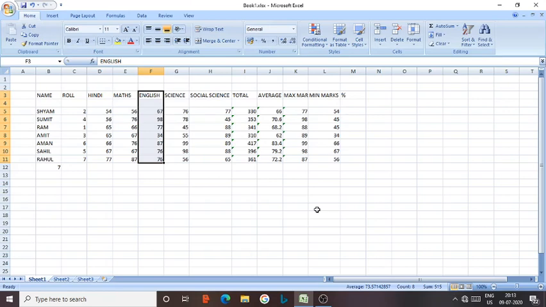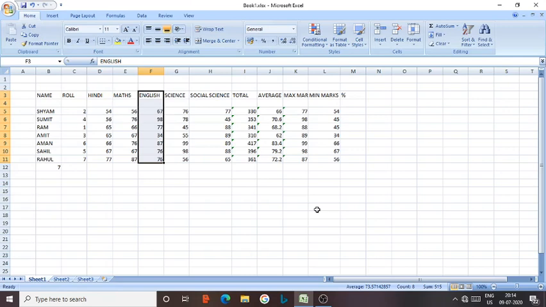A graph is a pictorial representation of data. Whenever we present information in graphical form in front of anyone, it looks very effective, and people are also able to make decisions and comparisons between the data very easily by seeing the bars or any other type of graphs. So let us see how to create a graph in MS Excel.